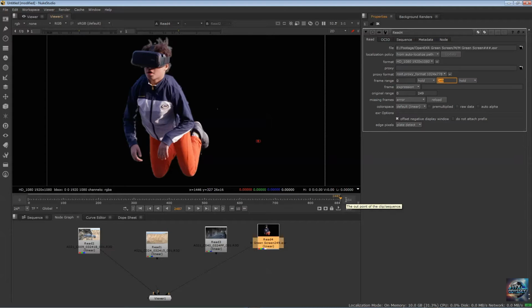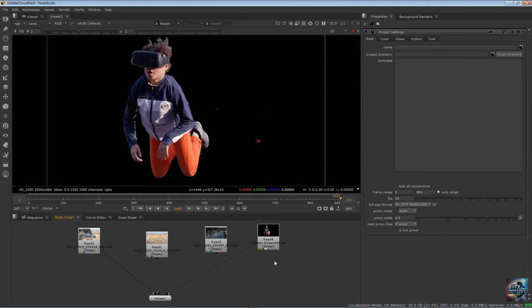Why is that? Because the first footage I have imported has defined the settings of the project. I've just pressed S. If you want to see the project settings, you press S. You highlight here on the node graph and you press S. You have your project settings, and whatever you import first is actually going to define your frame range,